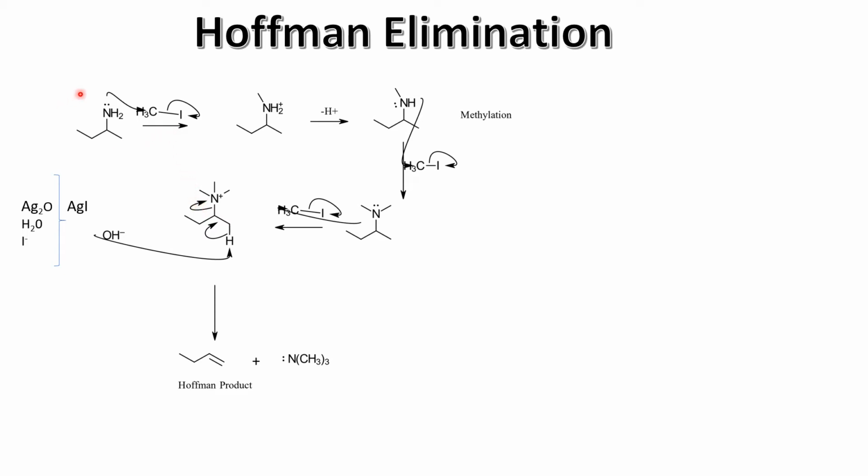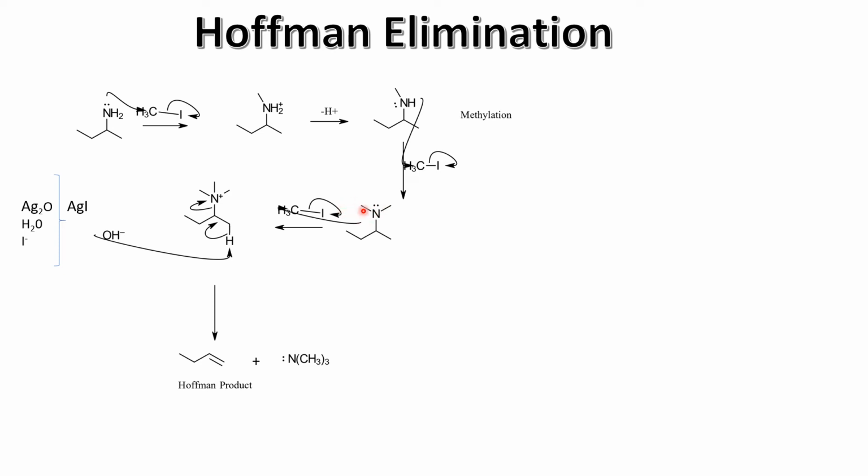So going through it, it goes from the primary to a secondary, and then so on. Obviously you'll have methyl iodide there, which reacts with the NH2, and so now the methyl group is on there. You can easily get rid of the proton now, but this still has the lone pair of electrons, so it's not as good a leaving group as it could be. So you simply methylate it again. Just use the same thing, CH3I, methyl iodide, and now the nitrogen has two methyl groups on it,